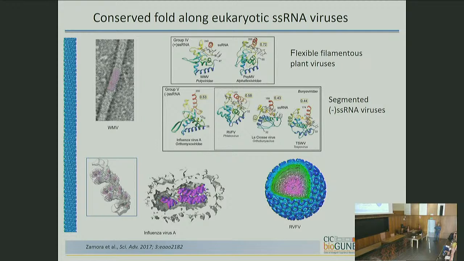The structural homology includes even flu virus, not the entire nucleoprotein. I think this is the N-terminal half of this protein. Or Rift Valley fever virus, Bunyavirus, are most of the viruses that we caught. And you can see the nucleoproteins here are inside an envelope, and they don't form a helix, maybe a helix-like structure at some point.